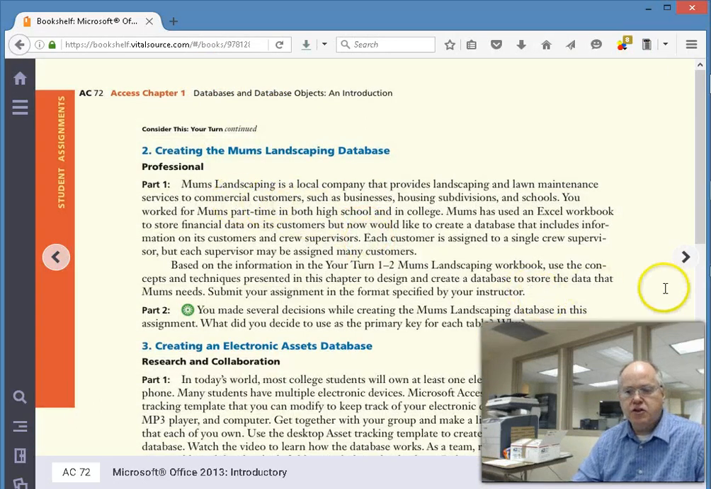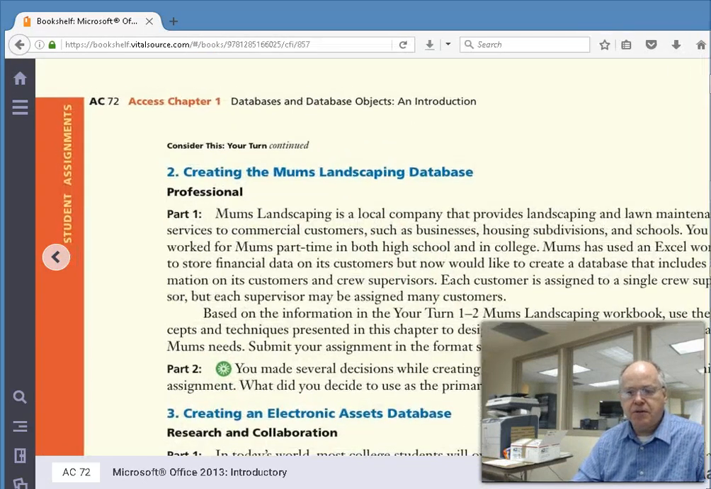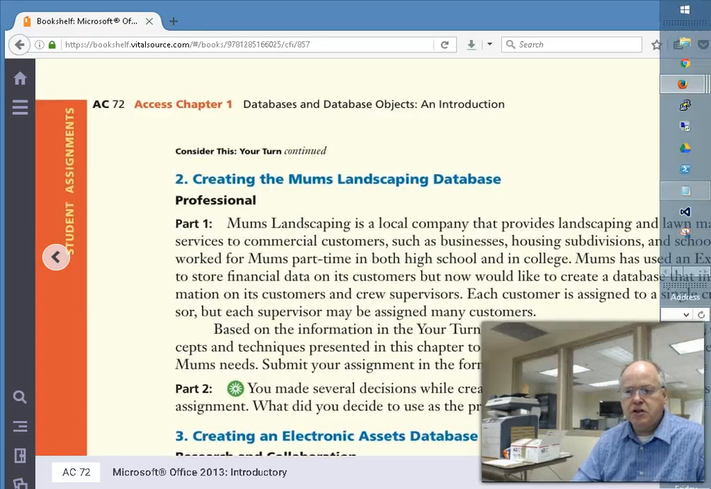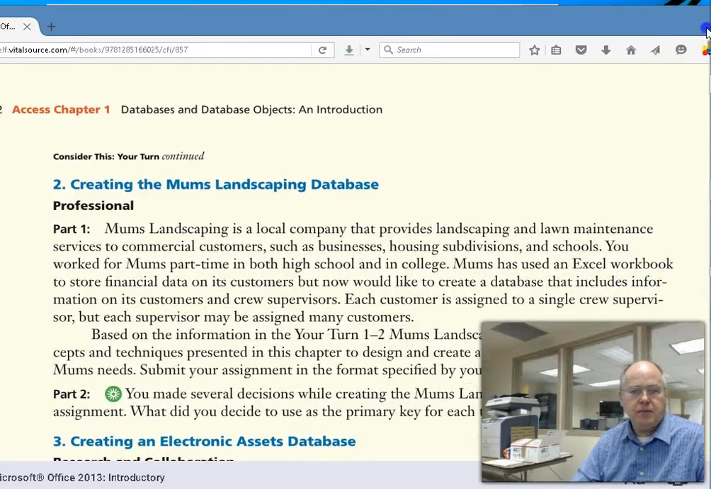So here's the instructions. Let me enlarge that a bit for you. Here's the instructions for the homework. They've got a workbook. Each customer assigned a new supervisor. All they want us to do is use the concepts and techniques presented in this chapter, design and create a database to store the data that the company needs. Okay, submit your assignment in the format specified by your instructor. Okay, so